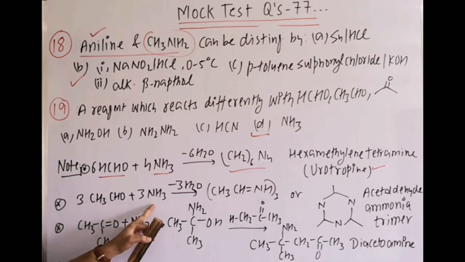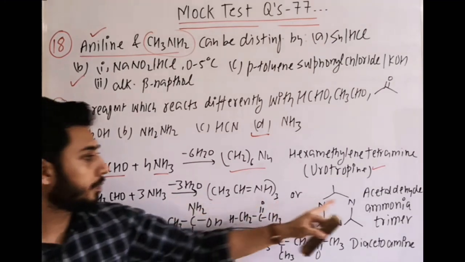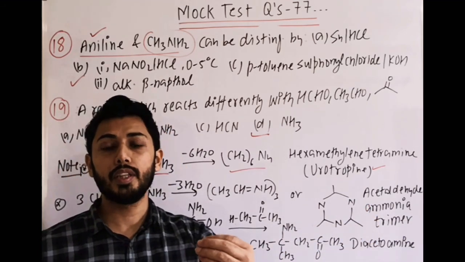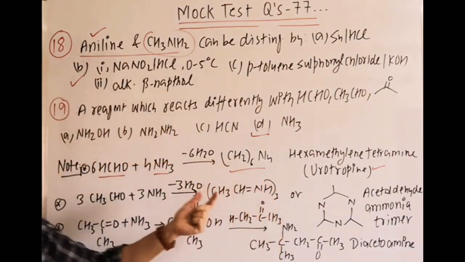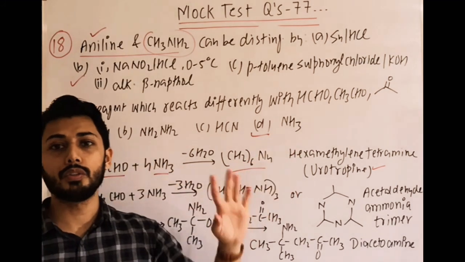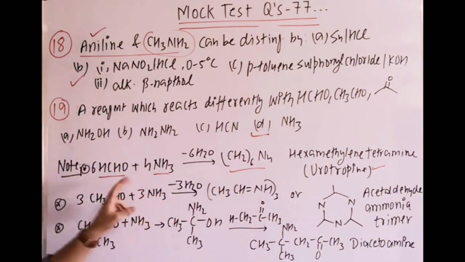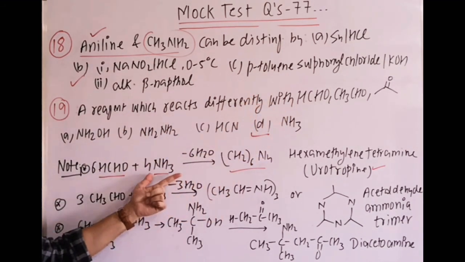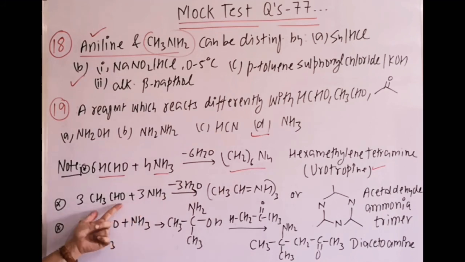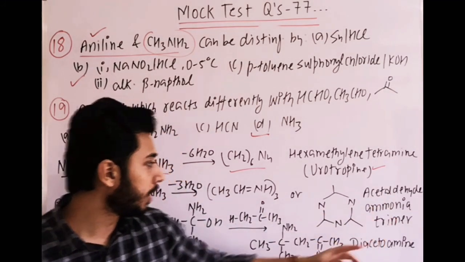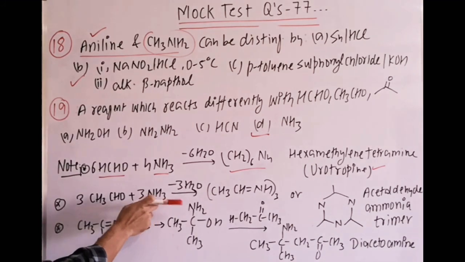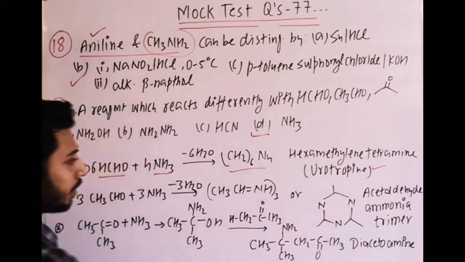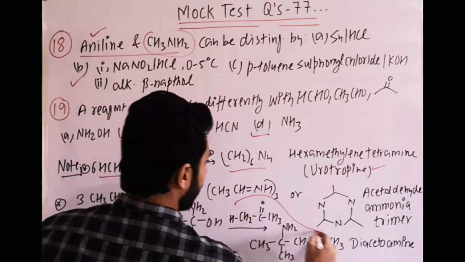Then acetaldehyde reacts, -3H2O, and gives a trimer. Which trimer? Acetaldehyde ammonia trimer. So that is the reason we say we can use ammonia to distinguish these three compounds depending on the four options given, or we can say with ammonia reagent these three react differently. HCHO gives urotropine, acetaldehyde gives this acetaldehyde ammonia trimer: firstly normal nucleophilic addition, water removal gives this compound, then trimerization takes place, and this is the trimer form.